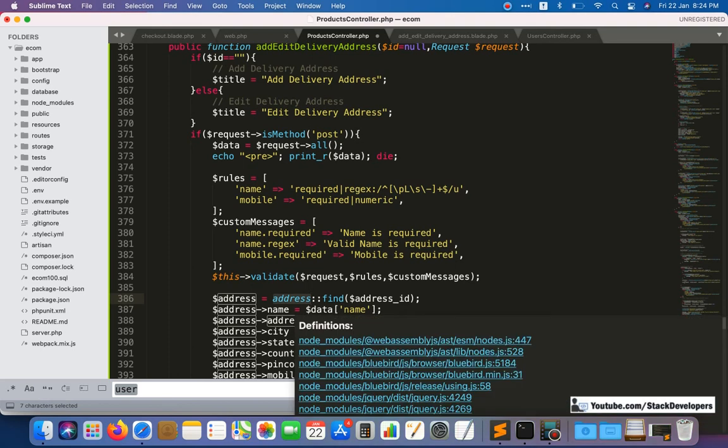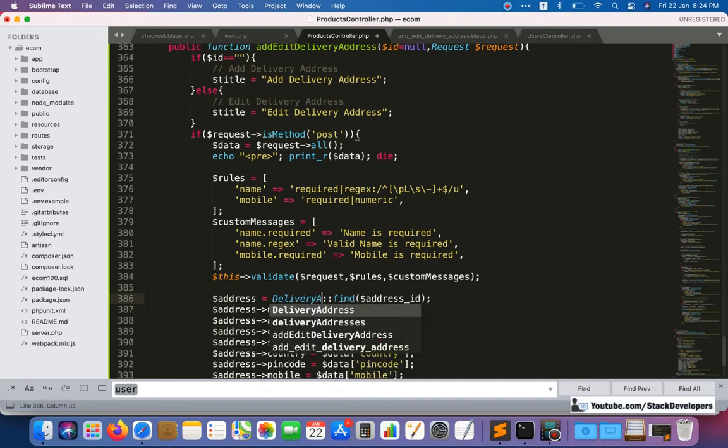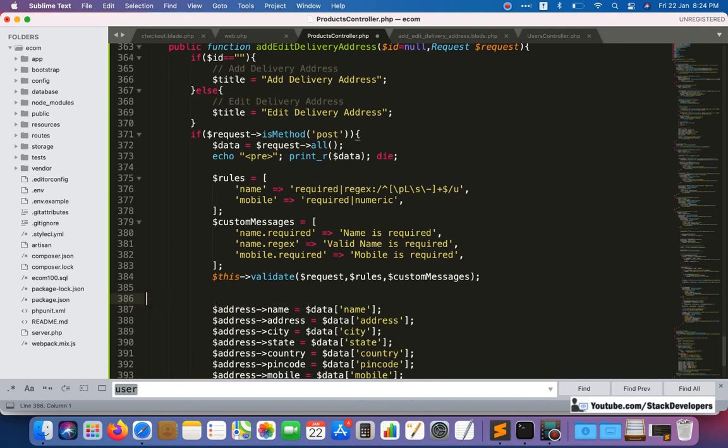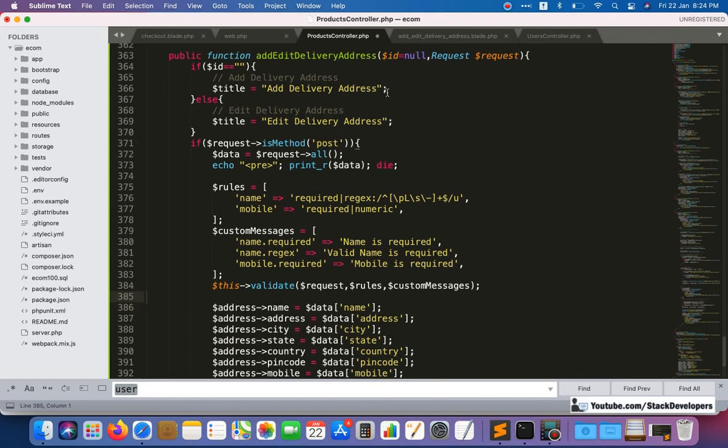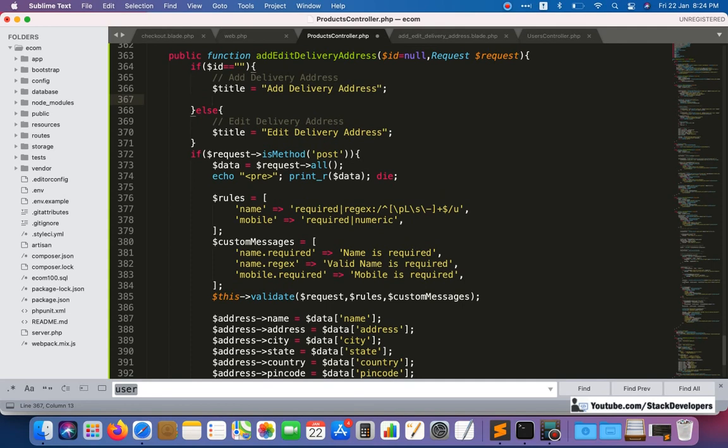And here we are going to mention delivery address like this, but this one we will not do because this one we have already given here. We will give here. See, in case the id is empty, then it means that this is the new address. So I'm going to take it like address equal to new delivery address.